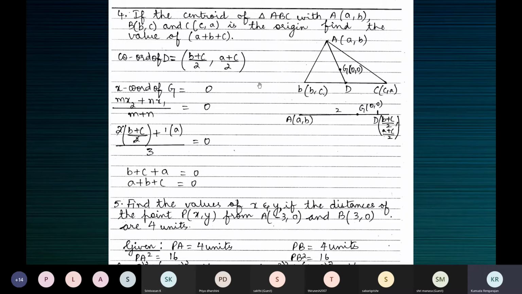They were not supposed to use the formula to find the centroid. Now for you this year it's going to be objective style, so you can directly use it as a formula. x1 plus x2 plus x3 by 3 is equal to 0. So A plus B plus C by 3 is equal to 0. Cross multiplying, A plus B plus C is 0. Finished.